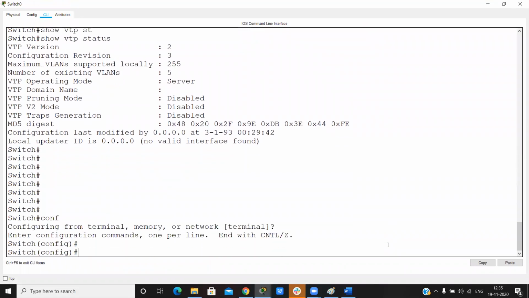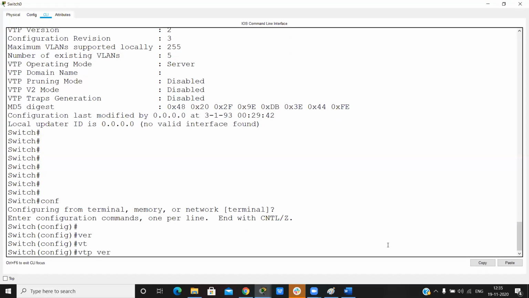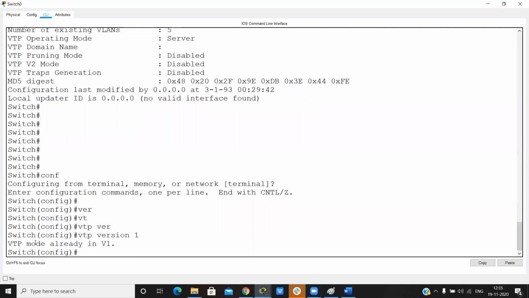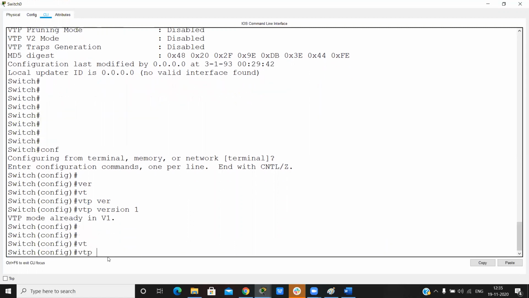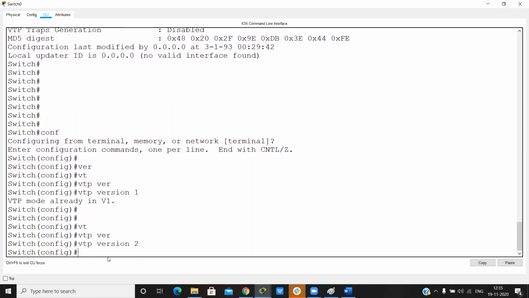Now we can go in global configuration mode and run the command VTP version 1 for changing the version. It said that VTP is already in version 1. Want to do VTP version 2? Then successful.